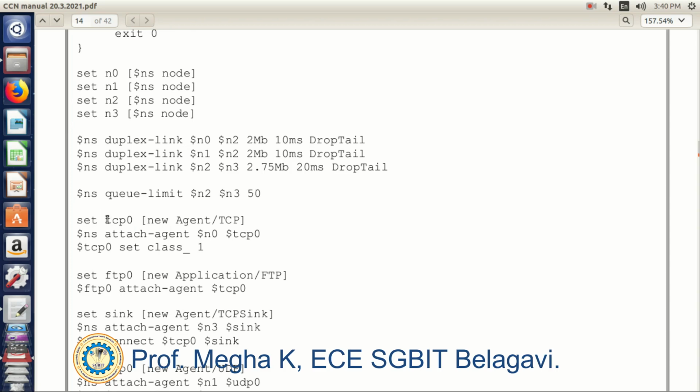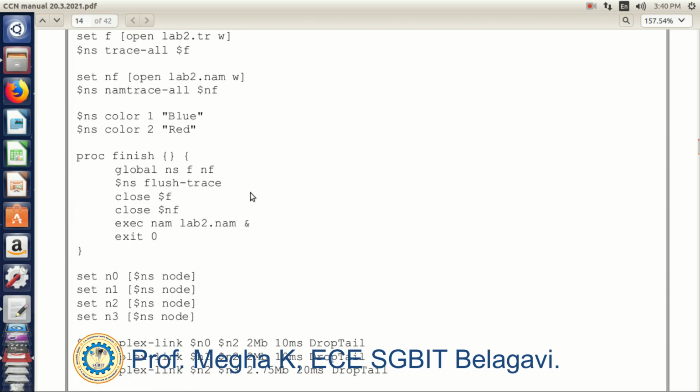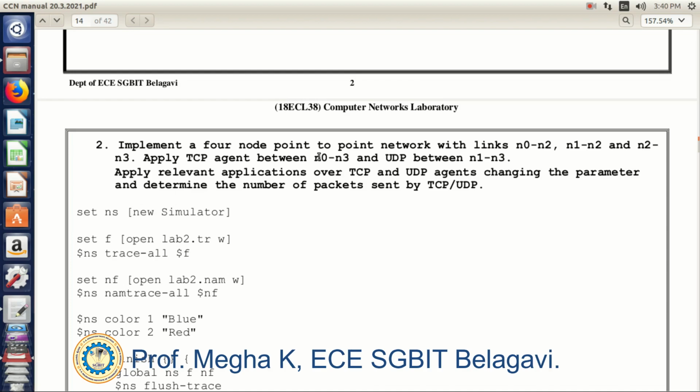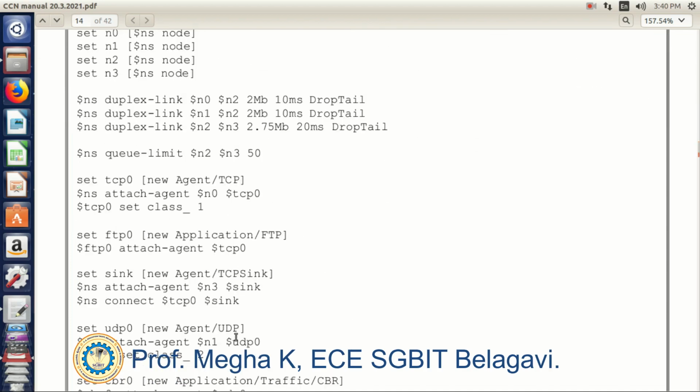Set tcp0. As I said, from node 0 to node 3 I need to use the TCP agent. For that purpose I need to define the transport layer protocol as Transmission Control Protocol. So I am using TCP as the transport layer protocol here, and I am referencing that to the main class simulator.